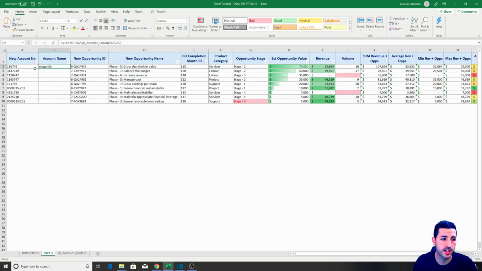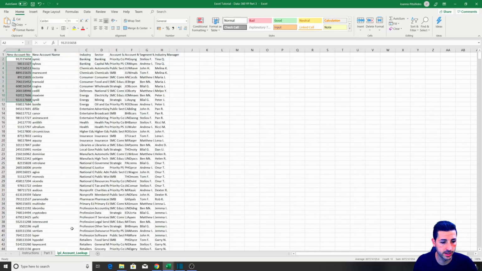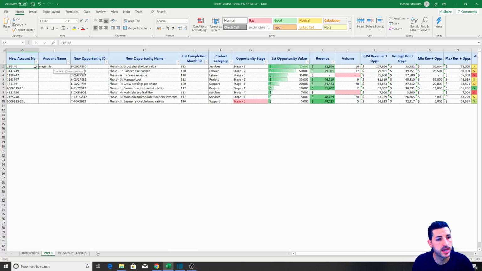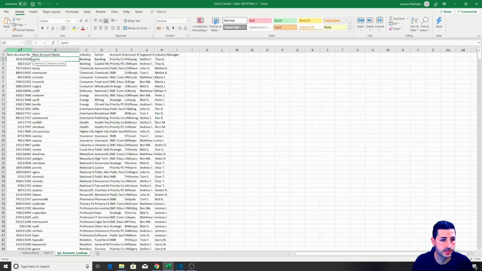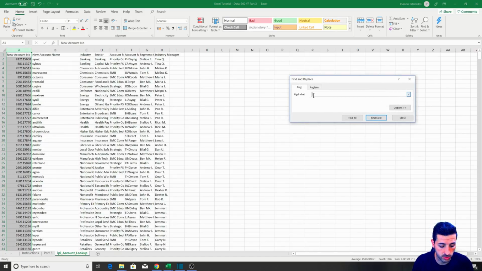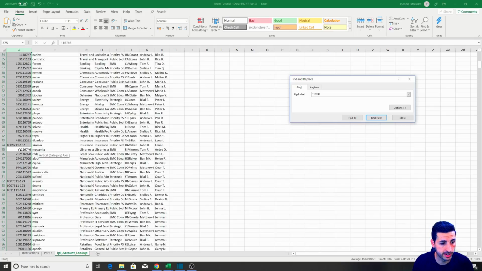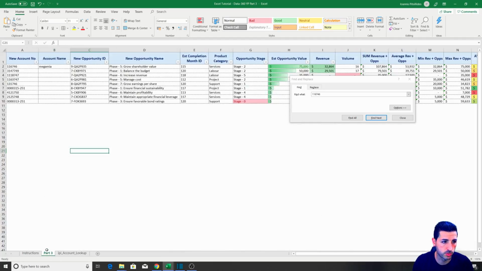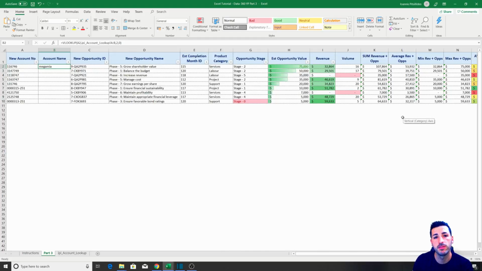Right, so we can see that the account name now, it went and found this value from column A and found out that the account name is Megamia. So if I quickly copy this, Control C, then go down here, select the whole column and click Control F, which is find, and then Control V to search for this account number, and click find next. We can straight away find this account, and you can see that the account name for this account is Megamia, which is what we brought in here. So I'm just demonstrating how the VLOOKUP works.